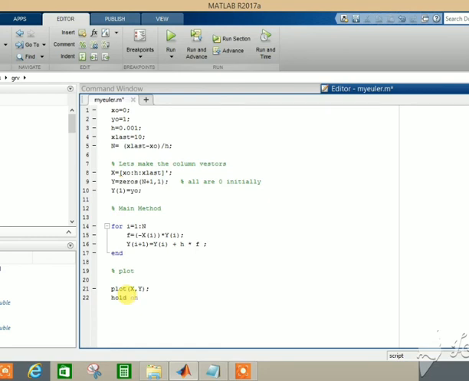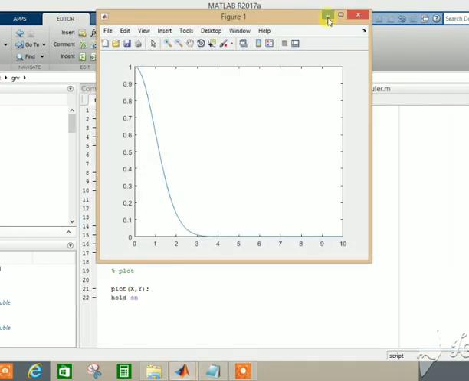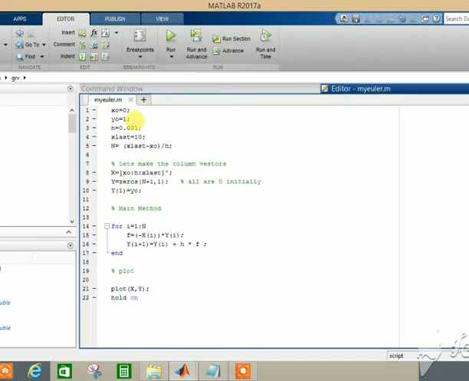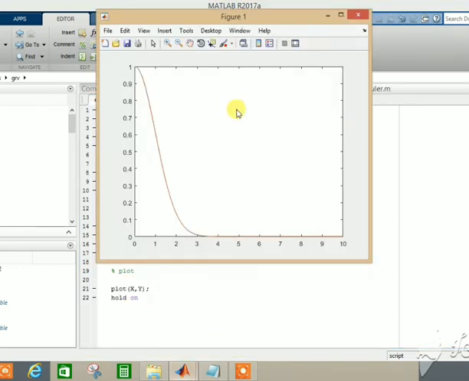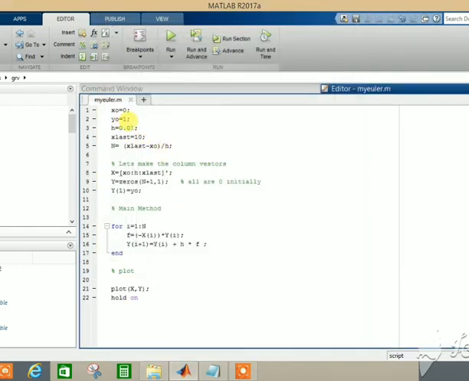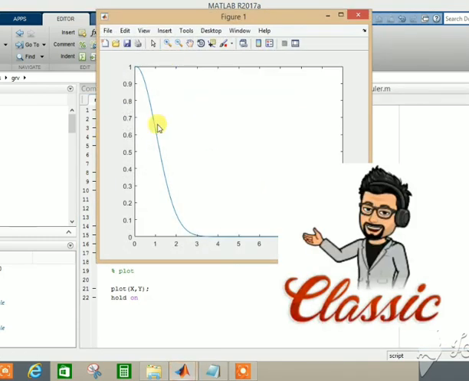So hope you like the video. Please try different step sizes and with modified Euler also in MATLAB, and do tell us what the results are. And finally, we have seen that Euler method is a very simple method. We will also discuss RK method in the further videos, and you can actually plot